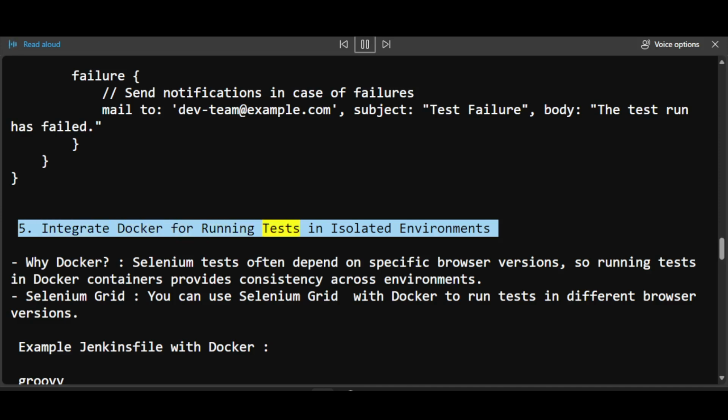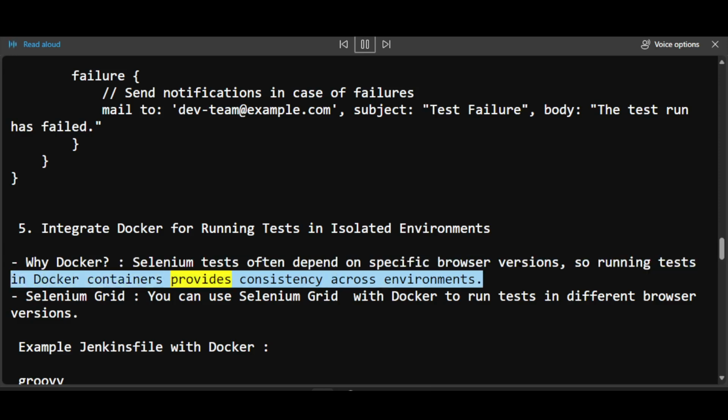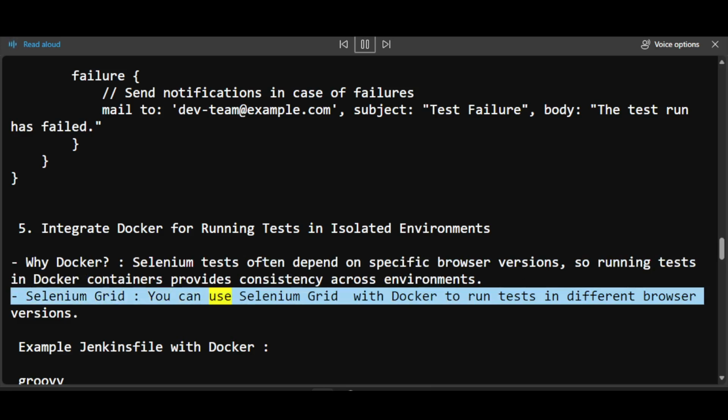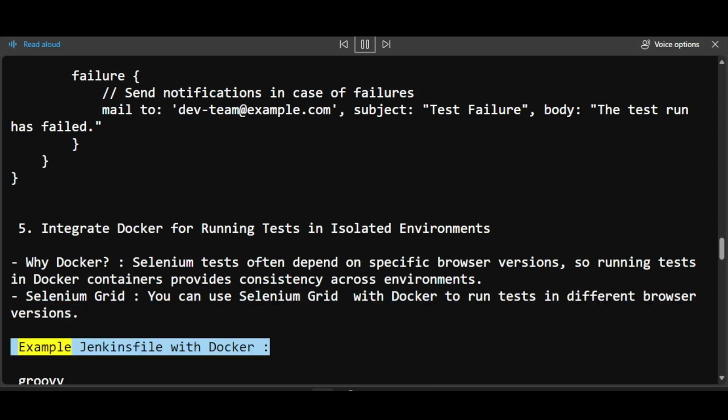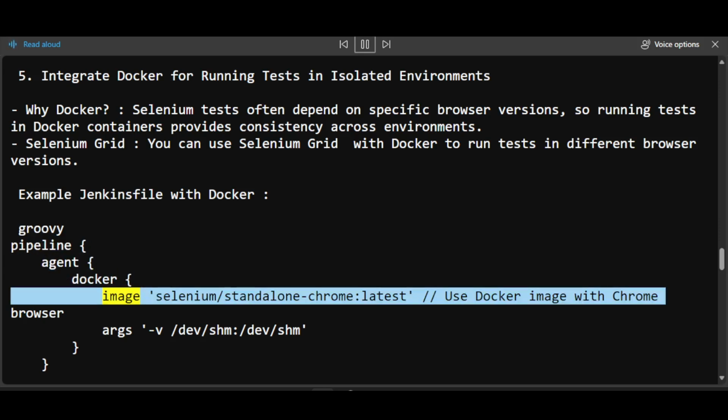5. Integrate Docker for running tests in isolated environments. Why Docker? Selenium tests often depend on specific browser versions, so running tests in Docker containers provides consistency across environments. Selenium Grid. You can use Selenium Grid with Docker to run tests in different browser versions. Example Jenkinsfile with Docker. Groovy pipeline, agent docker, image selenium/standalone-chrome:latest, // use Docker image with Chrome browser